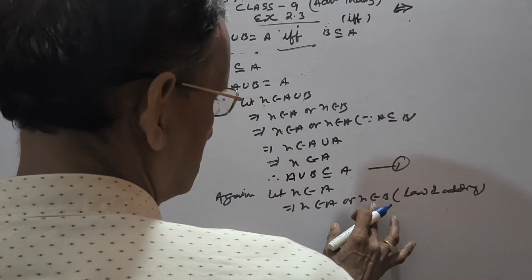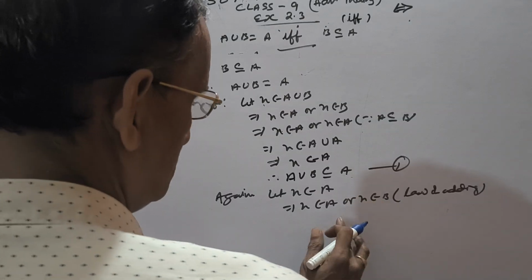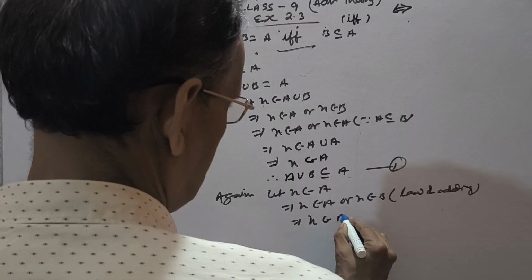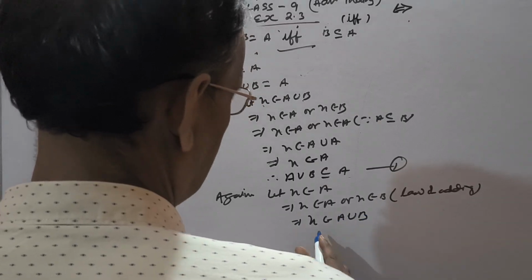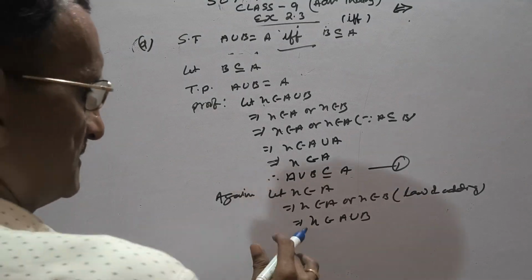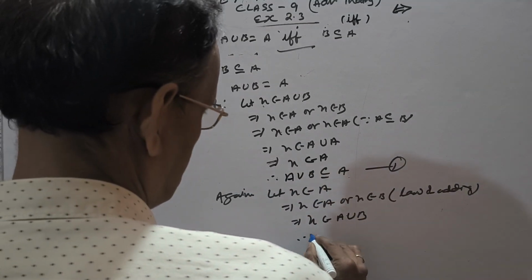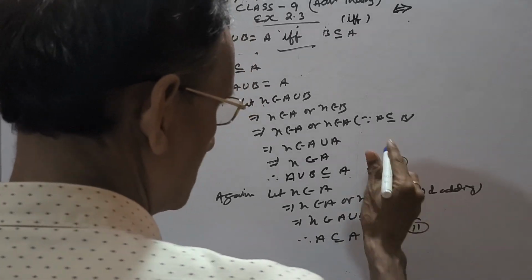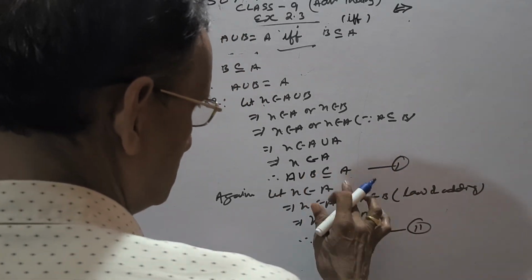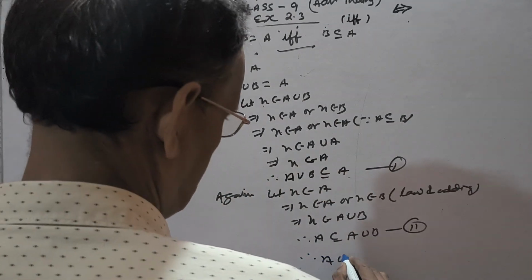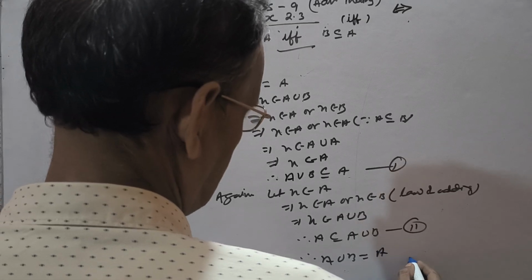You know, it is not compulsory; it may be in B, may not be in B. But we need to get the union. So x belongs to A union B. Now x belongs to A and x belongs to A union B. What is the meaning you will get? This is a subset of this. Therefore A is a subset of A union B. Now combining 1 and 2, this is a subset of this and conversely this is a subset of this. What will you get? A union B equals A. Hence proved.